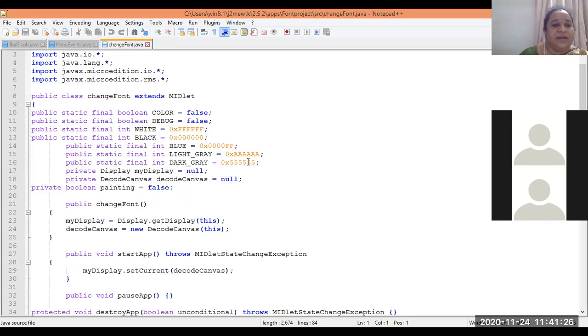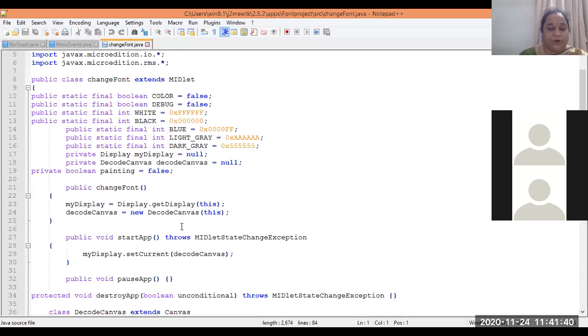We need a painting variable in order to change our font size, font type and the corresponding color, so we set that painting variable as false. We will see what you are doing in the class ChangeFont. You are setting my display with get display. Whatever you are going to display in the particular form,